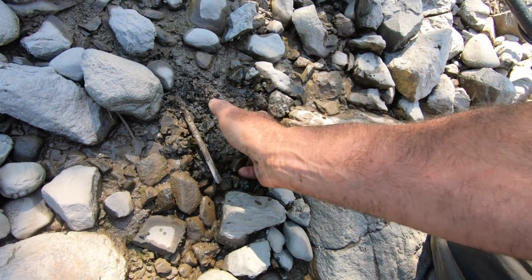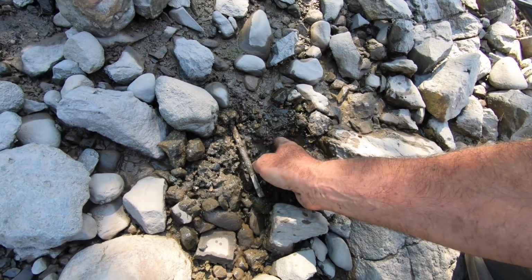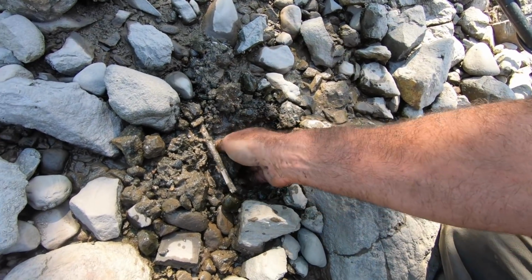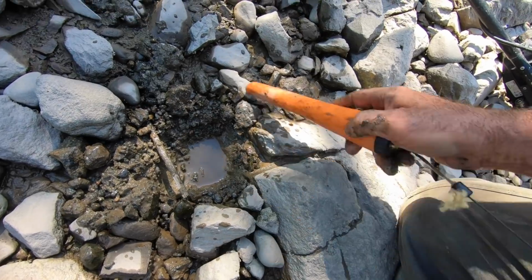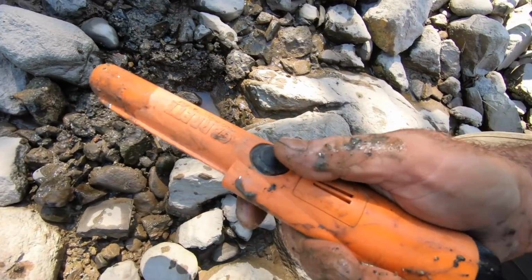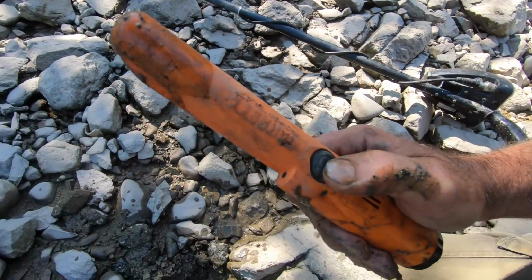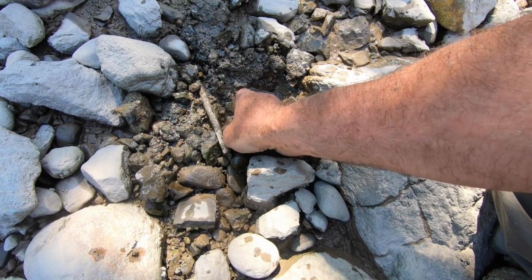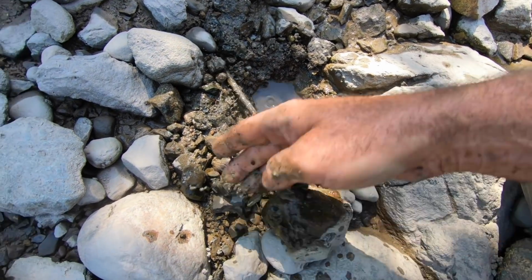I should be in this stuff right here. See anything yet? I don't. Check it with a pinpointer. I wonder if it's even on, is it? I guess I turned it off. Okay. Oh no, it's still in there. It's giving a pretty good squeak, so I'm hopeful it's going to be something decent, but